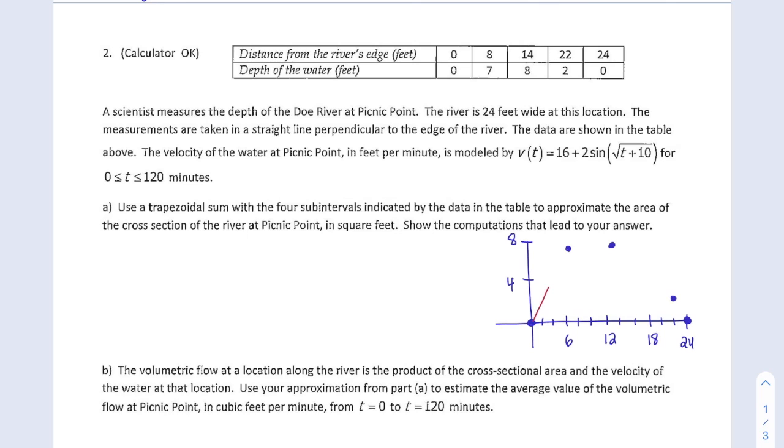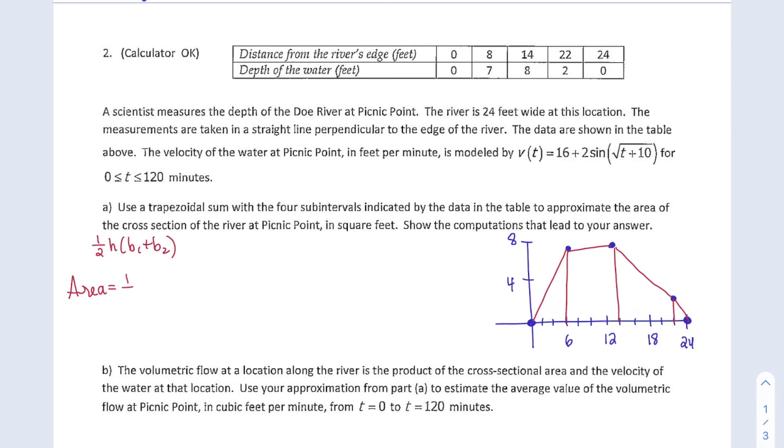So here's my first trapezoid. It's actually just a triangle. Here's my second trapezoid. Here's my third trapezoid. And here's my fourth trapezoid. So the trapezoid formula, 1/2 height, base 1 plus base 2, is what we're using. So we're going to find our area